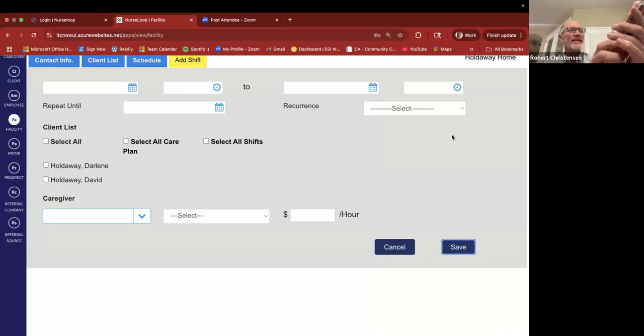Now, let's say they got to the shift and David Holdaway was in the hospital. He had a heart attack last night and he's in the hospital. I would then mark absent, right? And now it would know not to create any invoicing and do no billing at all for David Holdaway, right? And then it would allow you to go ahead and start caring for the other. But let's say we are just going to click on,